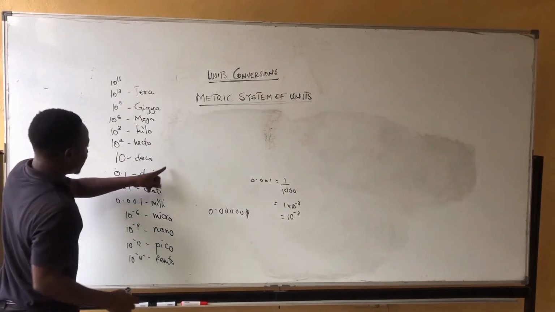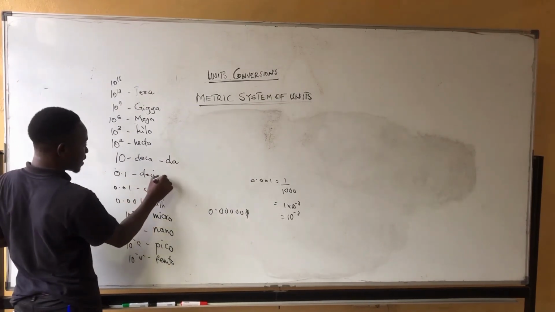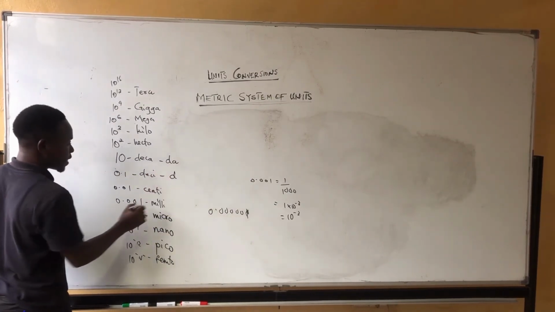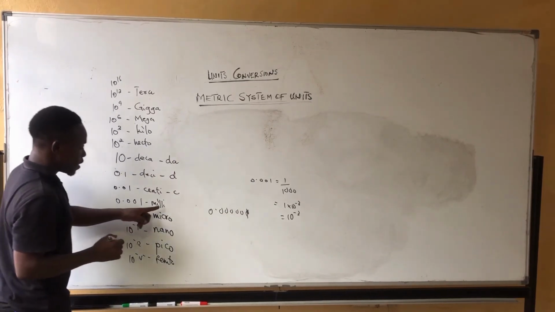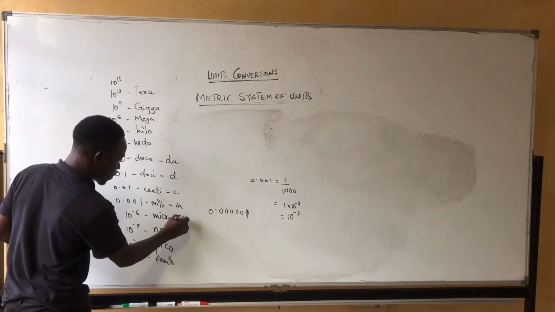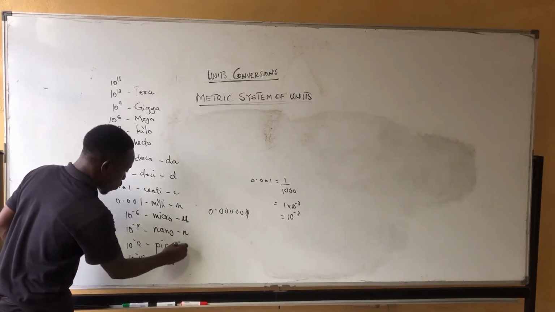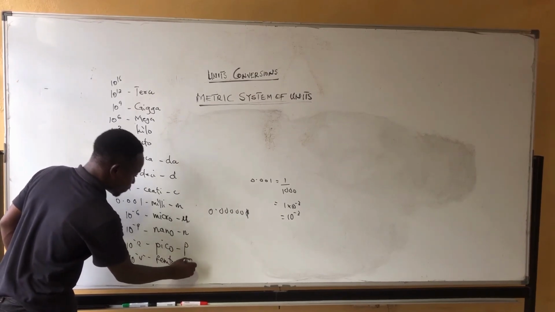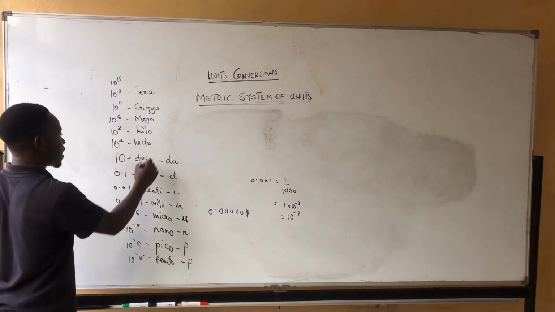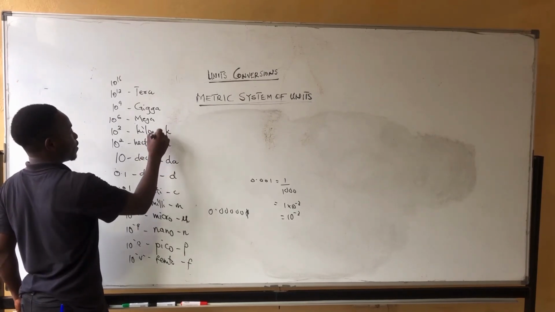So deca is represented by da. Deci is d. Centi is just a small c. Milli is m. Micro is represented by the Greek letter mu. Nano, small n. Pico, p. Femto, f. And hecto, h. Kilo, k. Mega,